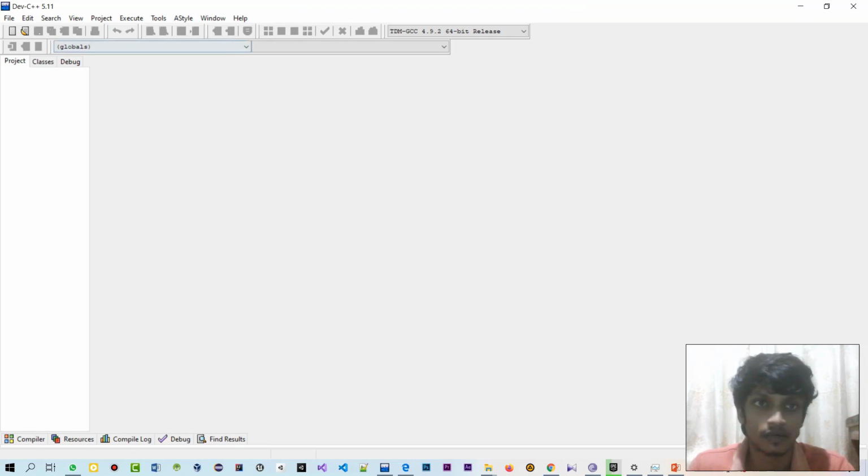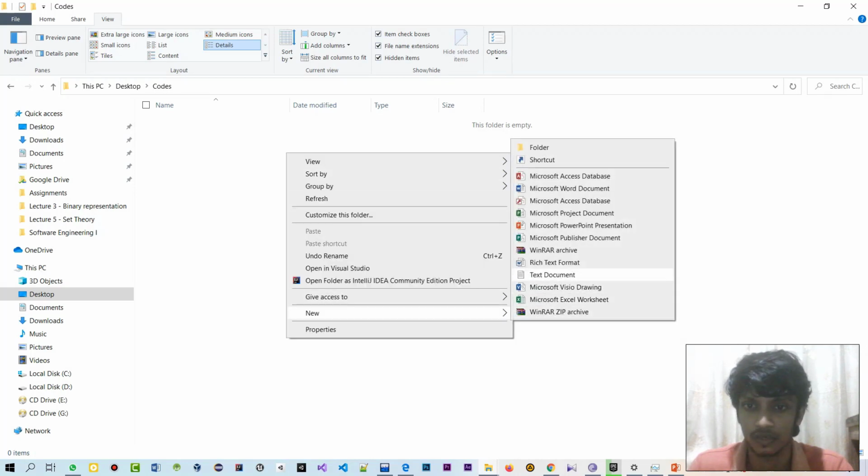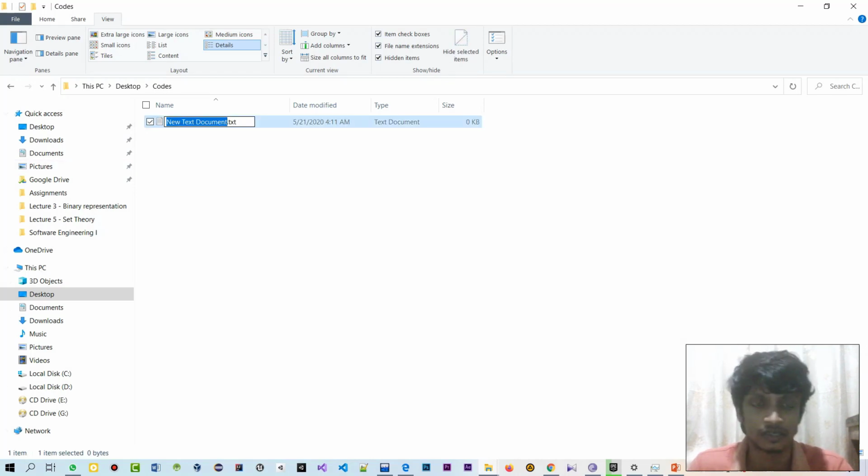Okay, so this is the corresponding software that I have been talking about, which is Dev C++. So now we are going to do C coding. In order to do C coding, we need to create a C file. So I will rename this as code 1, and the extension is not txt.